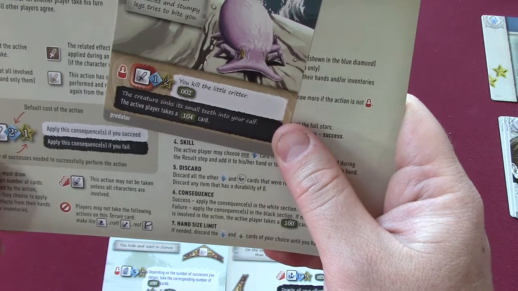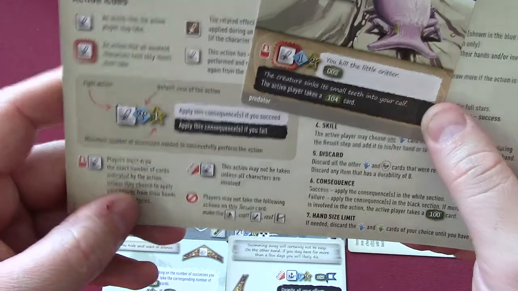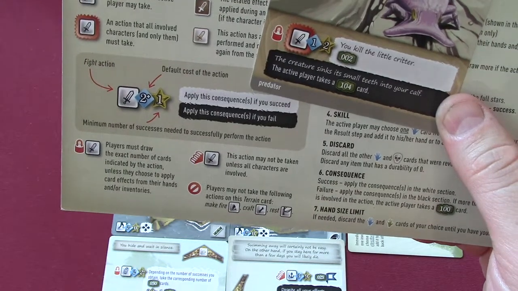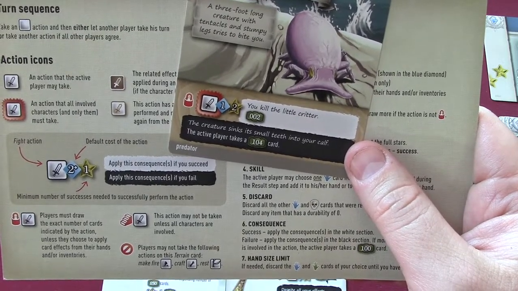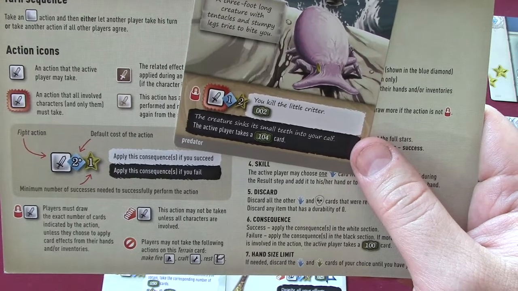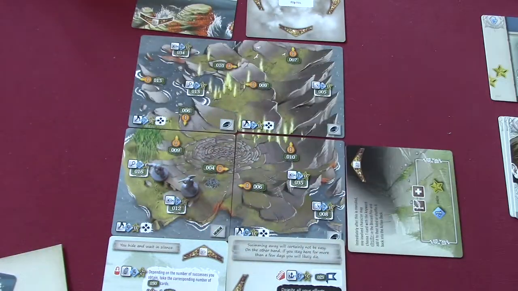Minimum number of successes needed to successfully perform the action. The player must draw the exact number of cards indicated by the action. Apply the effects from this hand and or inventory. Oh, fudge. Okay, so I don't think there's any way we can add to this. Players must draw the exact number of cards indicated by the action, unless they choose to apply card effects from their hand and or inventory. Okay, so do I have anything in my hand that will... No, this is...